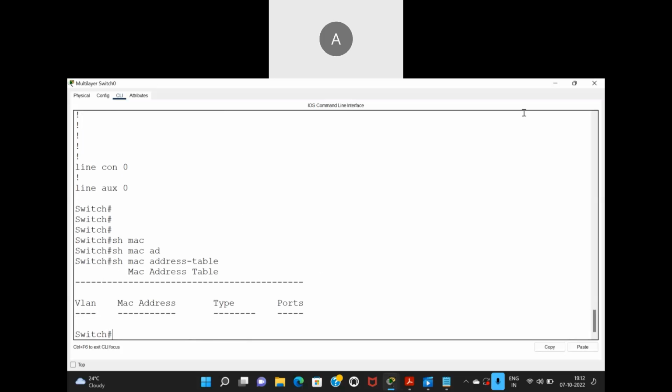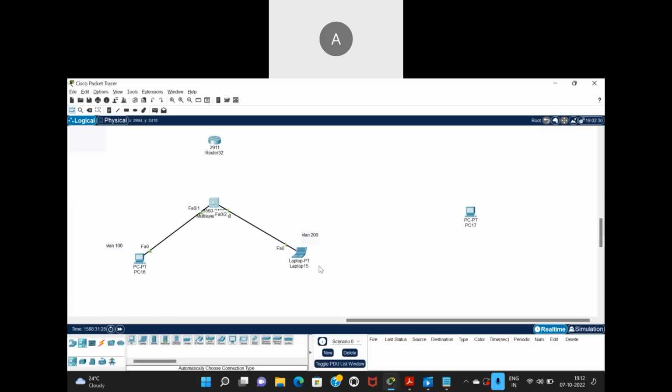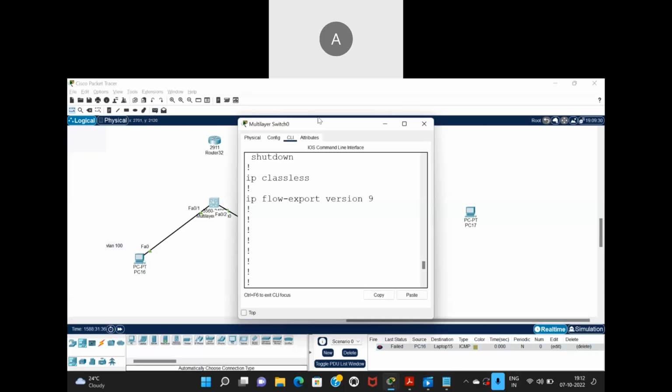I don't have any entry because I think the entries remain for 300 seconds. So if you don't do any ping, it just flushes out the entries. But let me just do a ping in real time from this side to this side. Even if the packet has failed,